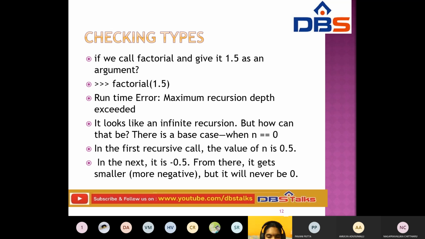There is a base case when n equals 0. In the first recursive call, the value of n is 0.5. In the next it is minus 0.5. It gets smaller, more negative, but it will never be 0. If we call factorial and give it 1.5 as an argument, we get the factorial of 1.0,